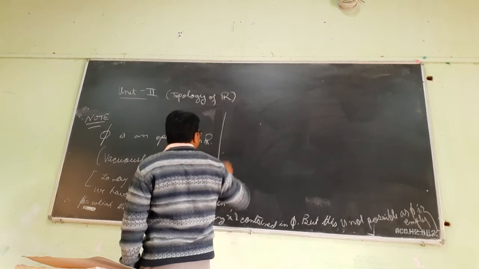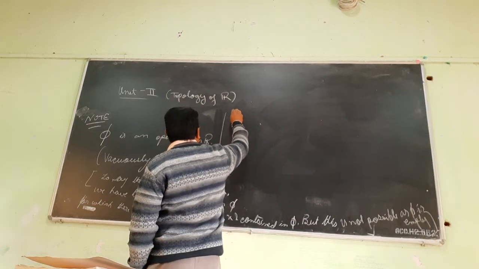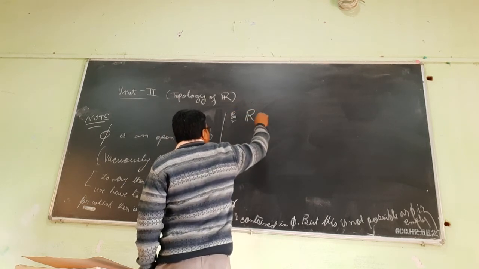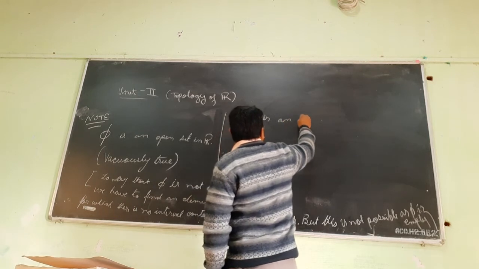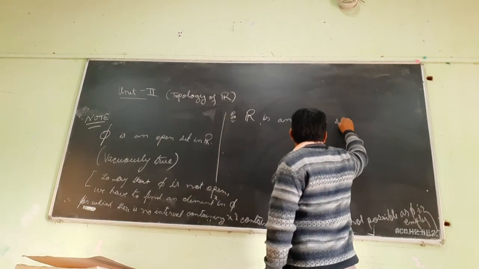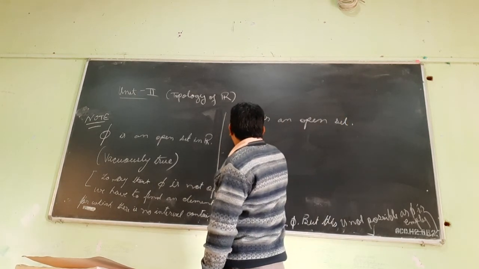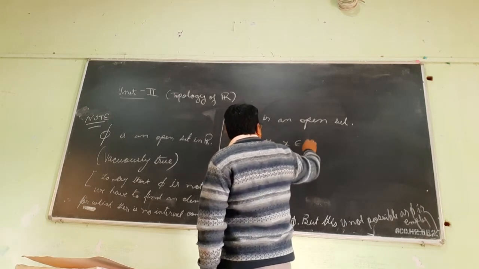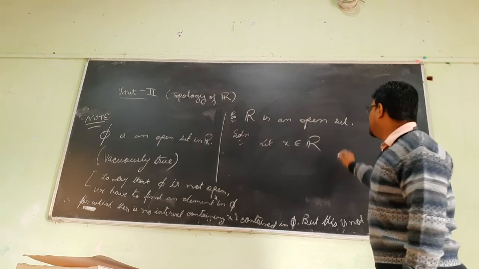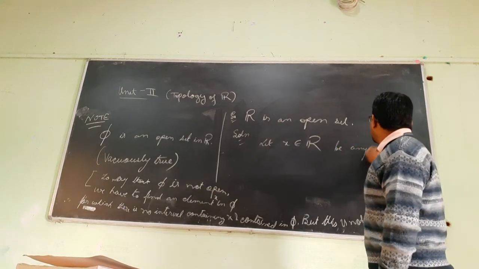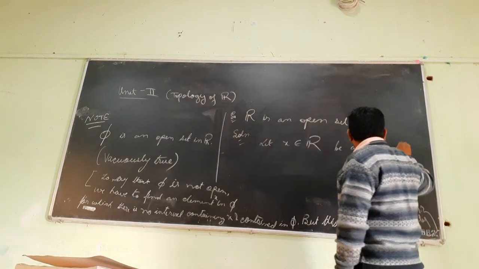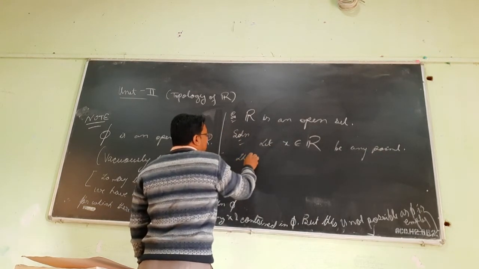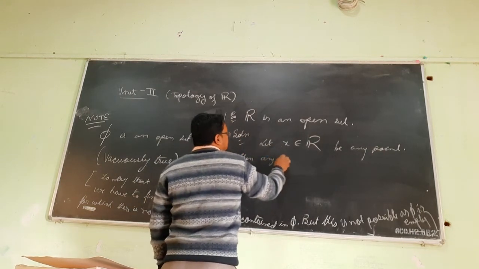And another thing: R is an open set. So that is not vacuously true. That is always true. R itself is an open set. So how do you justify it? It's very simple. Let x belong to R, the set of real numbers, be any element, be any point. Then take any interval,